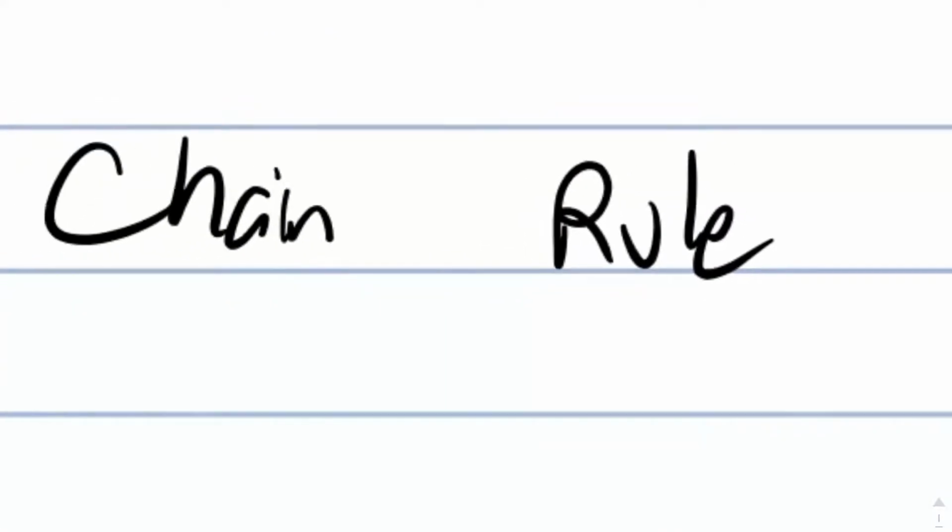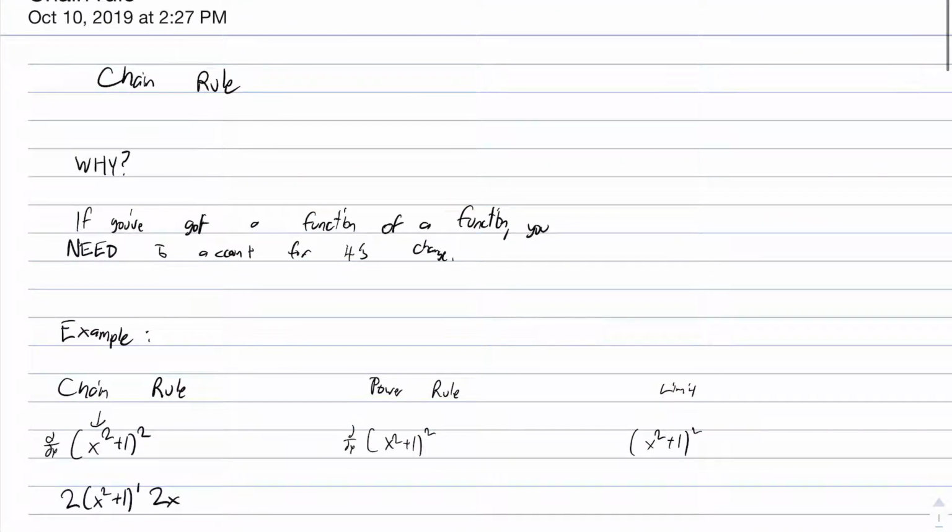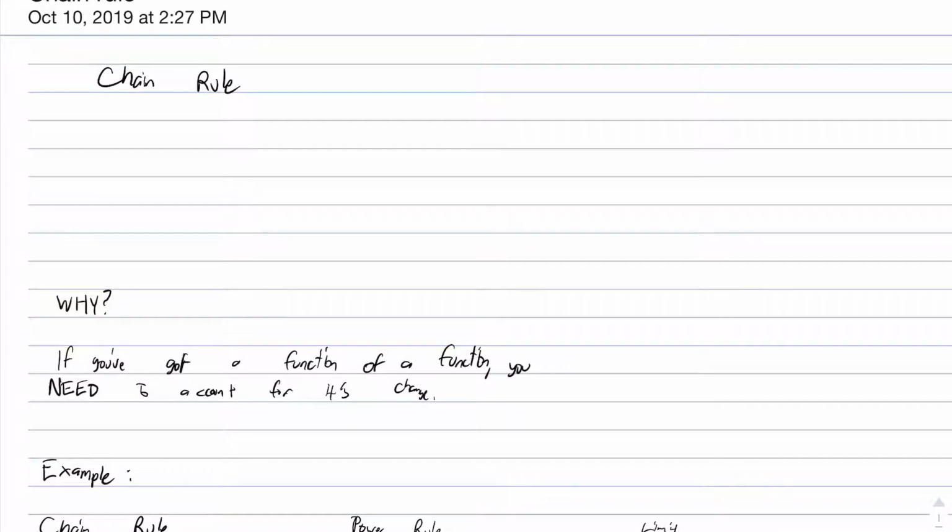And today we're going to go over the chain rule. Now, I was writing this and I got a little bit carried away, so I'm just going to move everything down a little. We're just going to explain it. So what is the chain rule? What is it? Well, let's say we got a composite